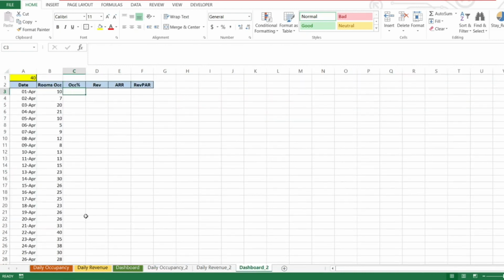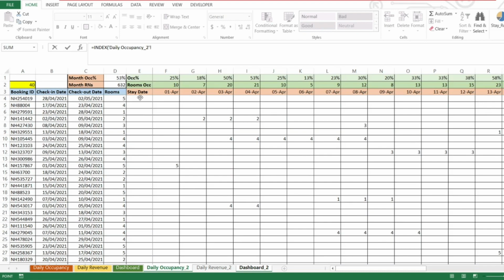Now we want the occupancy percentage also, so I'm going to use the index match function again. Index over this particular range, we are going to use on the 1st of April. So we'll select this entire range, and we are going to fix it. Data is in the first row.